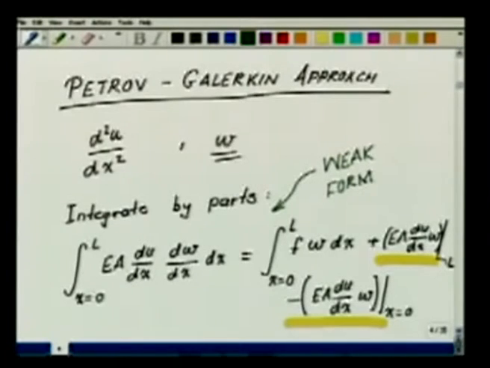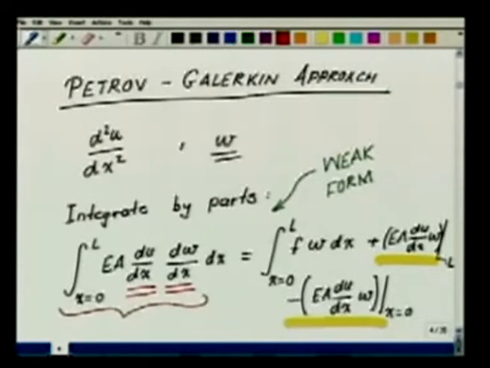Why was it called the weak form? Because you see that now we have weakened the derivative requirement for u. That is, only the first derivative of u is sitting in our integral on the left hand side, and we have passed one extra derivative of u to w. So both u and w have their first derivatives sitting in the expression on the left hand side.